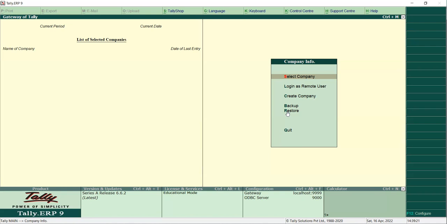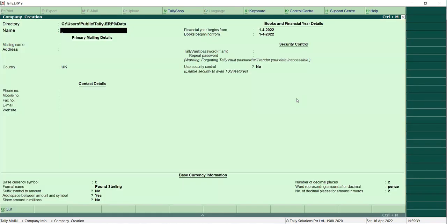Now, the first exercise we are going to do in our today's training is to create a company. To create a company, put your pointer on create company and you double click it, start it up. Now, in creating a company in Tally, this is basically what you are going to be seeing